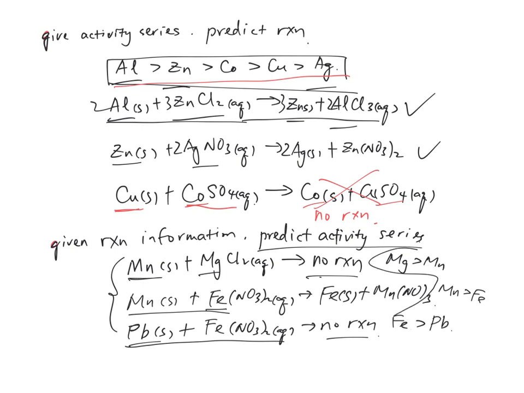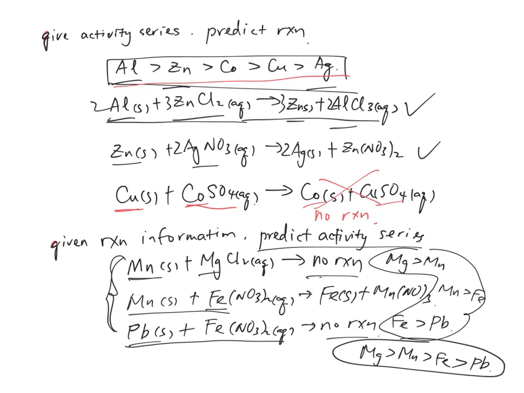Well, you put this information together, what do you see? Magnesium is more active than manganese, which is also more active than iron, and then it's also more active than lead. So based on these three pieces of reaction information, whether you have a reaction or not, I can figure